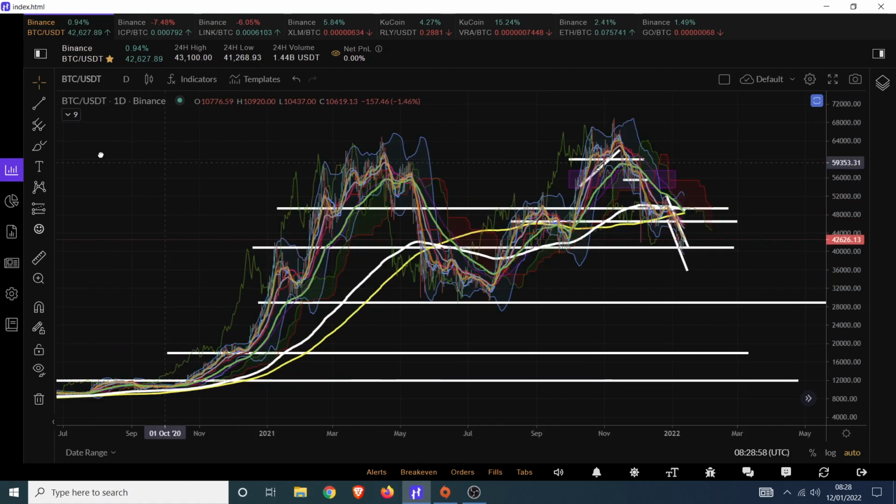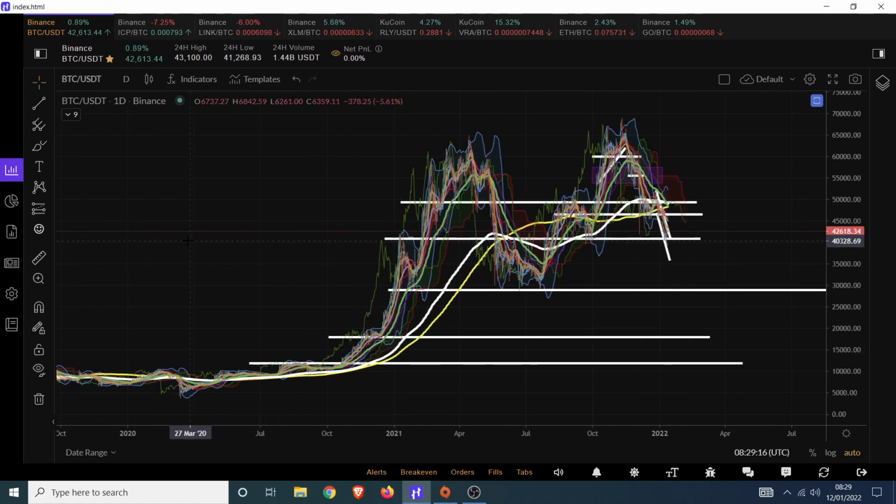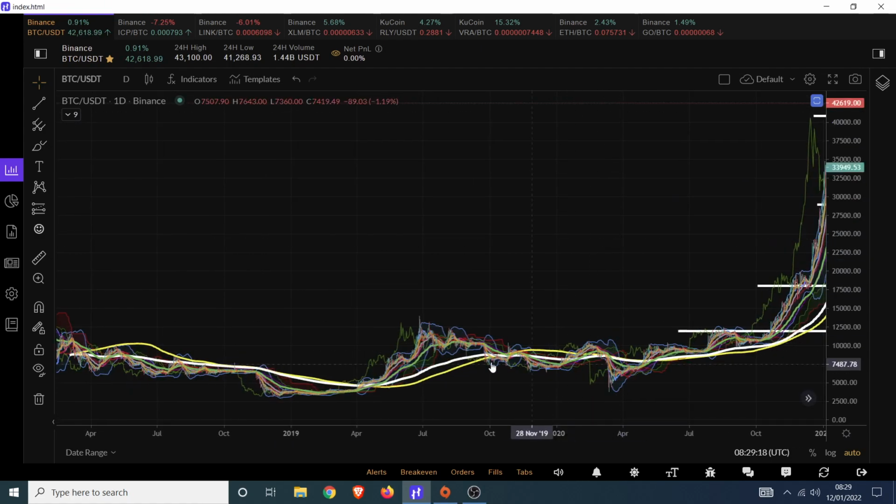So, you know, people talk about death crosses, and I address them when they happen, I suppose, but I don't try to make such a big deal out of them because when we're talking about daily death crosses, they rarely happen, and in a bull market like what we've seen here, when they do happen, they're kind of non-events. I mean, they have happened. Look, death cross happened over here.